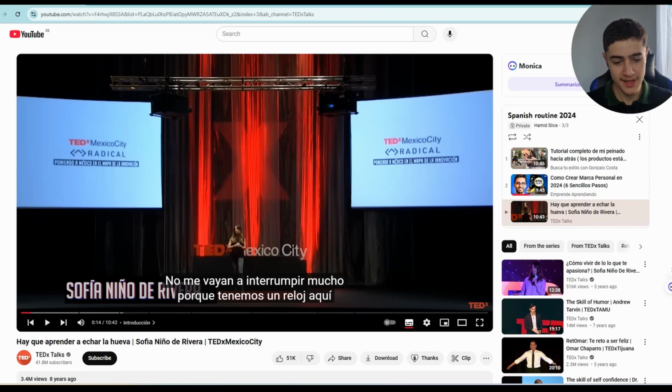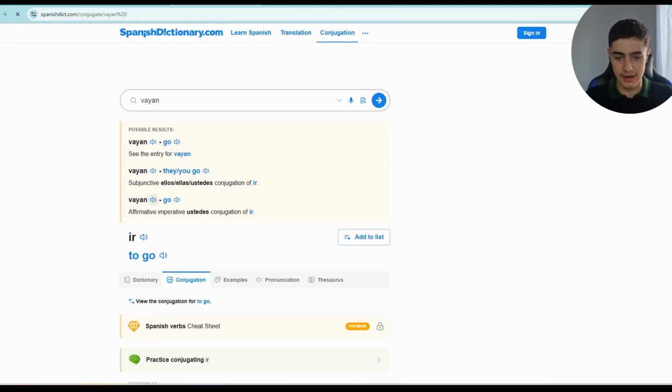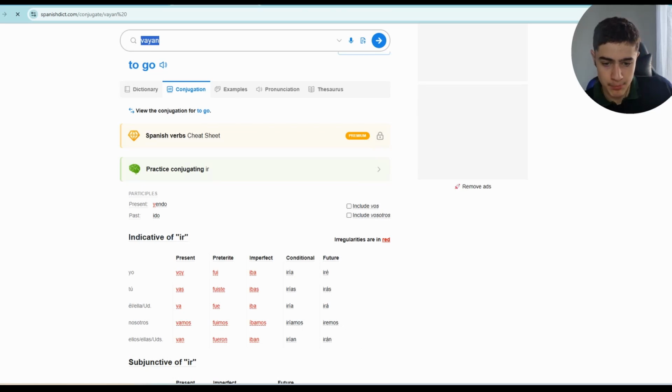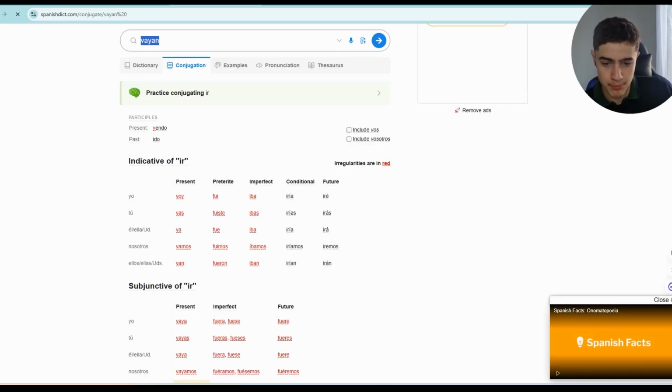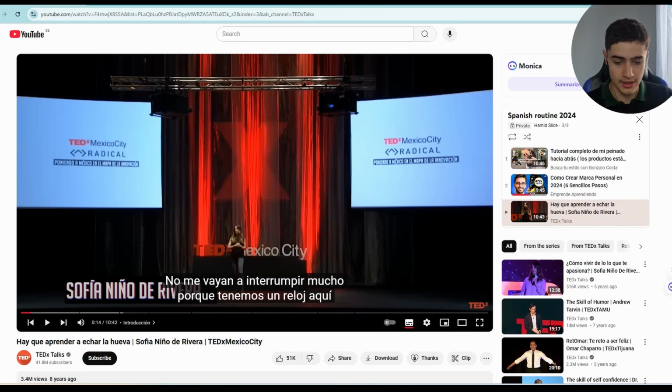For example, "no me vayan a interrumpir," okay? So you probably know interrumpir is to interrupt. "No me vayan a." If you don't understand that, then you go here and you can find the different ways. And you know that it is the "voy a" form, "I'm going to," but it's a command to you guys to, in the future, not do something, because it's "no vaya." And that's also why the "me" is there.